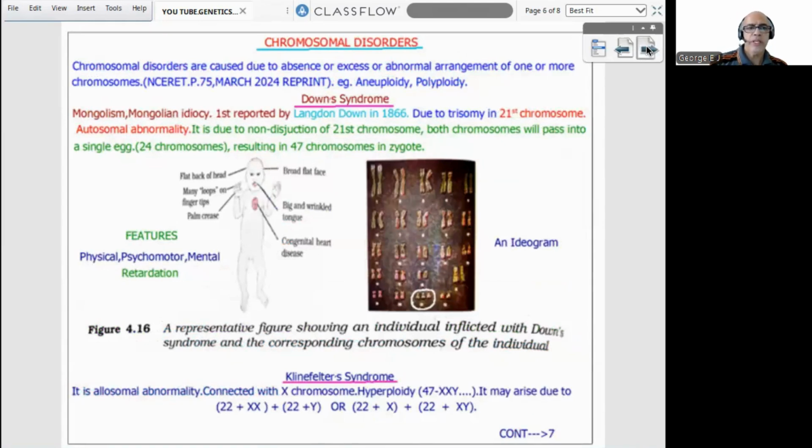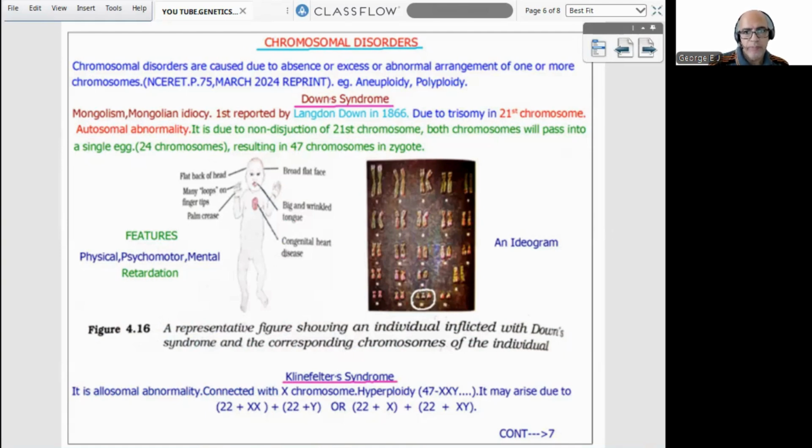Chromosomal disorders are caused due to absence or excess or abnormal arrangement of one or more chromosomes. That is the definition given in NCERT page number 75, March 24 reprinted issue. Typically aneuploidy and polyploidy, we already studied that. Now, under chromosomal disorders, the first one we have to learn is Down syndrome. Common name is Mongolism or Mongolian idiocy. First reported by Langdon Down in 1866. The reason is trisomy of the 21st chromosome,